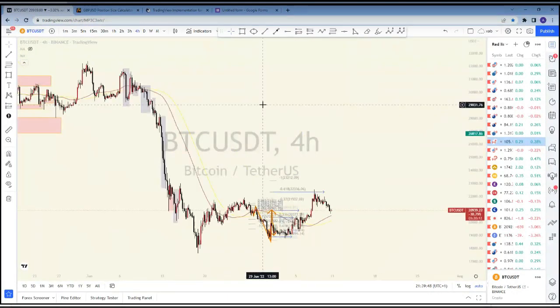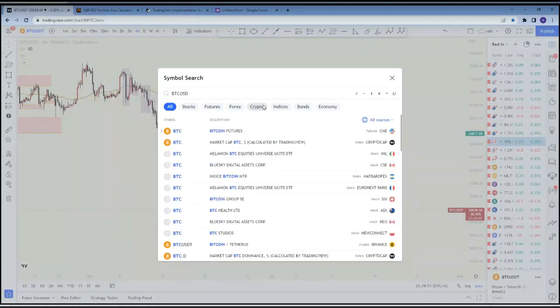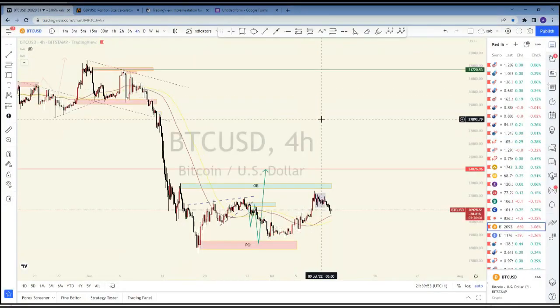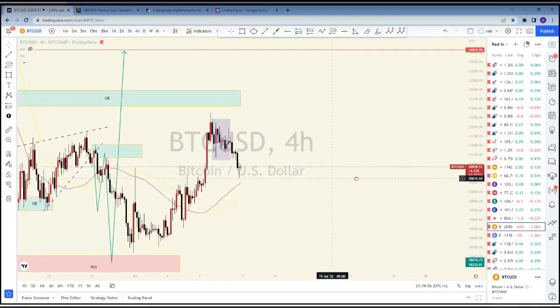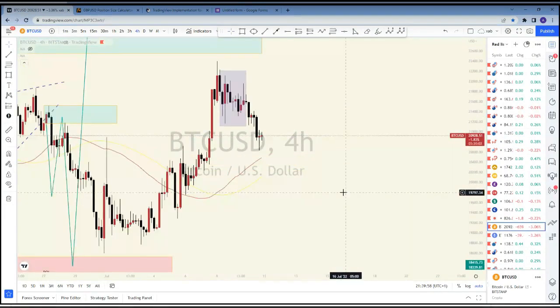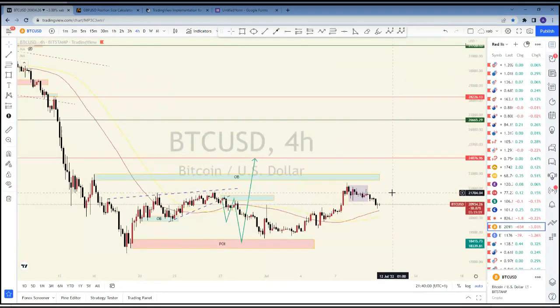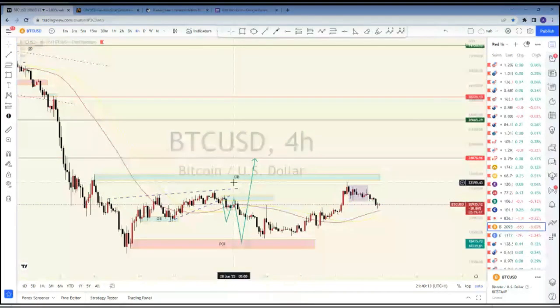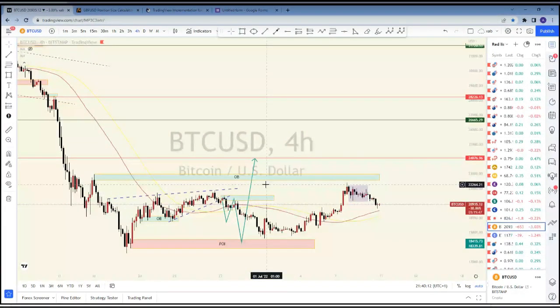I think, let me go to my actual chart. So this is my actual BTC USD chart that I use for my personal analysis on BTC USD. You recall that this was the setup. Price will test into this zone, drop lower to this area, and then come back to the top here. Even though it didn't enter into my zone completely, it decided to react from this level, which is another block on the much lower time frame, probably 15 minutes.